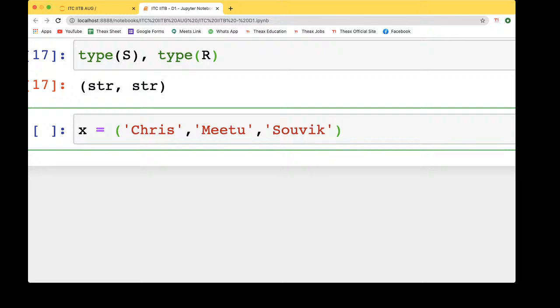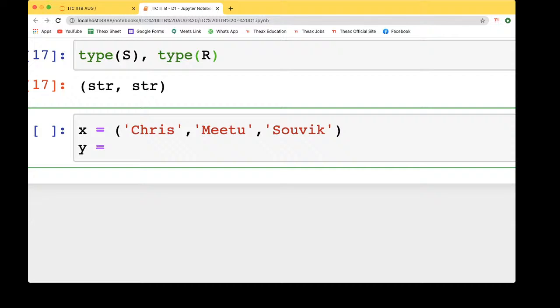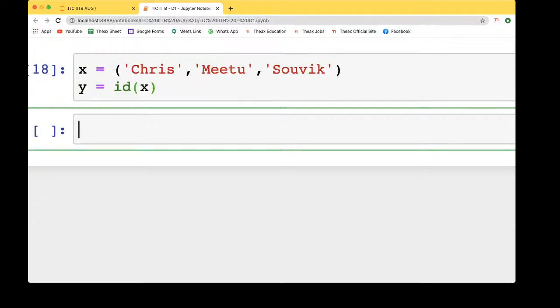So there are three names over there, and I'm taking this y as the ID of x. The ID function returns a unique ID for a specified object, as I said. All the objects in Python have their own unique ID, assigned when the object is created.